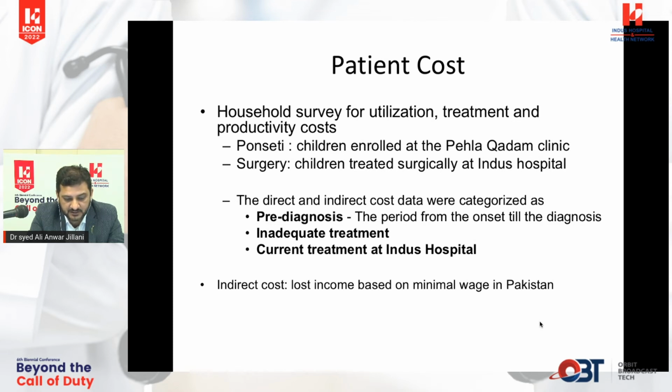The cost in the pre-diagnosis period, the cost of inadequate treatment before they reached Indus Hospital, and then the current treatment at the Indus Hospital, how much this will cost. The indirect cost that we are referring to is the loss of income to the family while they are present in the hospital, and also a lot of little costs